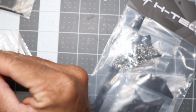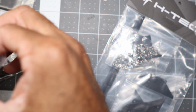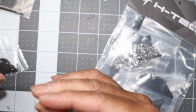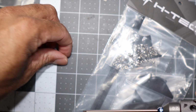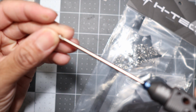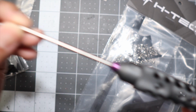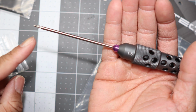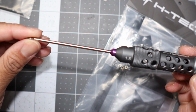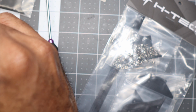Let's open up one of these bags of hardware. Get that out of there. And it looks like these may be 1.5 or 2.0 millimeter hexes. Let me get my hex head. This is a 2.0 and I think this is too big. It's probably 1.5. Yep, looks like we're gonna need 1.5 millimeters. Yep, that's perfect. There's the hex right there. So we're gonna need the 1.5 millimeter to get this locked down, and you receive a hex, and you also receive